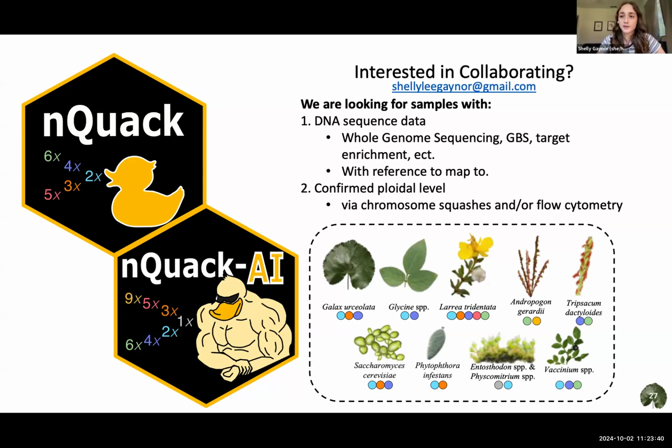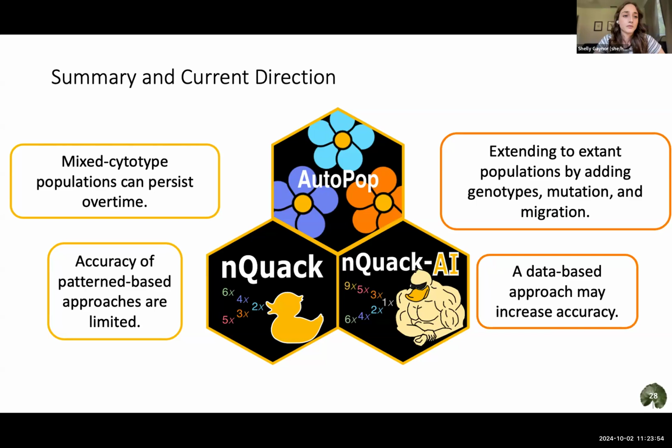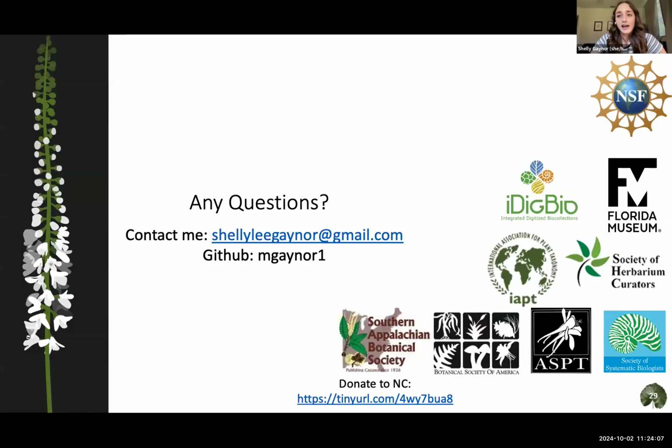So to summarize, with AutoPop, we found that mixed cytotype populations can persist over time, and we're currently working to extend this to extant populations by adding genotypes, mutation, and migration. With NQUAC, we found the accuracy of pattern-based approaches is limited, and so we're working on a data-based approach that may increase the accuracy. And with that, I want to open it up for any questions